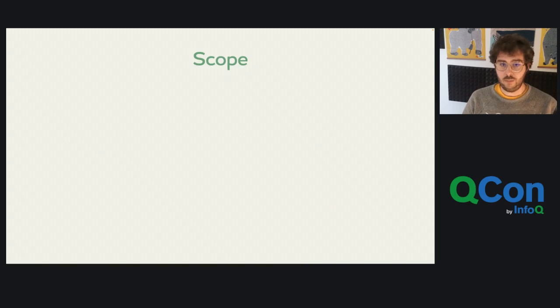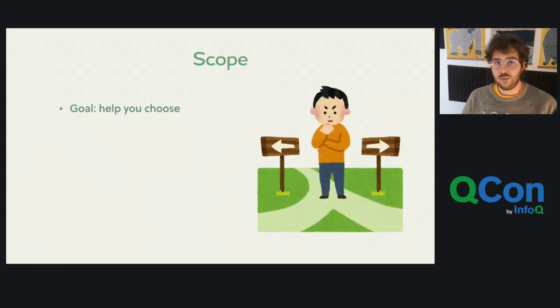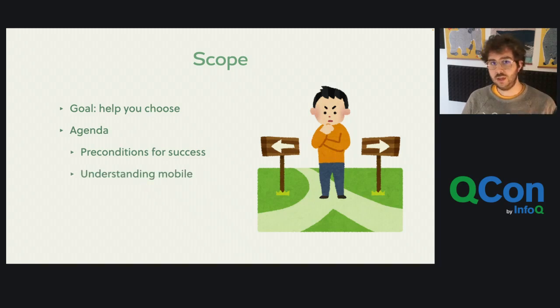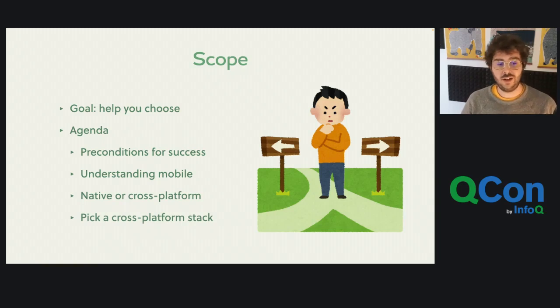Now, before we get started, let's talk about the scope of today's talk. The goal of this talk is to help you choose. And how we're going to do that is we're going to be looking at the preconditions for your success. We're going to be mentioning some things about mobile that you might or might not know. And then we're going to be trying to understand how we choose between native and cross-platform. And if we do choose cross-platform, then we're going to try and understand how we pick the right cross-platform stack